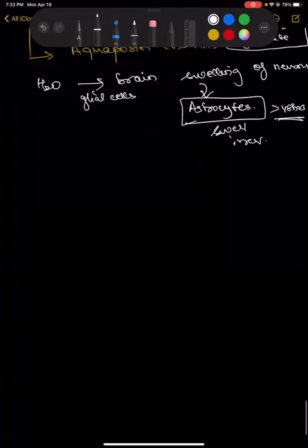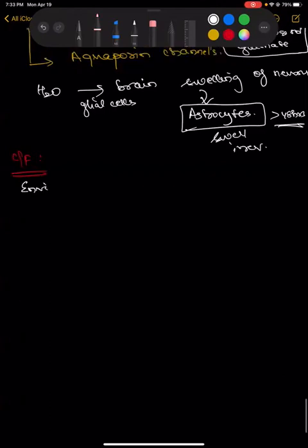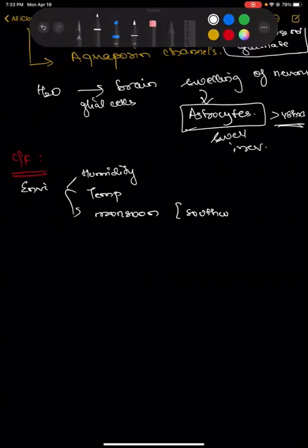The clinical features of hyponatremia are very varied. A spectrum of symptoms can happen, but the most common part that is involved is the CNS. It has been studied that environmental situations like humidity, temperature, and even rain play a role, because in certain parts, like the monsoon in the southwest region, the monsoon has been shown to increase the incidence of hyponatremia.